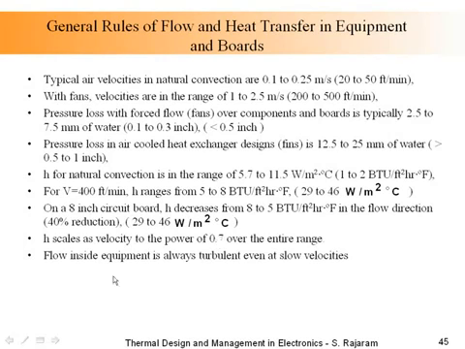And what does that tell you? That tells you that the flow inside equipment is always turbulent. Even though your velocity is small, your Reynolds number may say it is only 300. It does not matter. The reason it is always turbulent is because non-uniformities, all the package sizes, they disturb the flow, and the scaling always goes as velocity to the power of 0.7 or Reynolds to the 0.7.